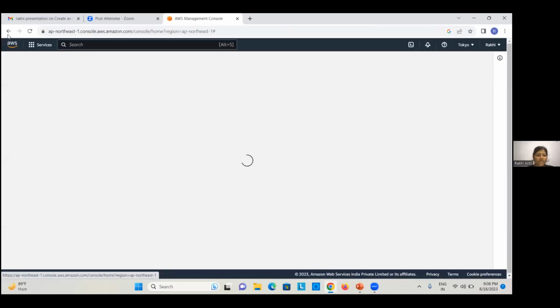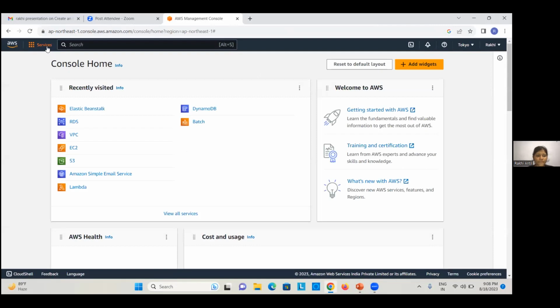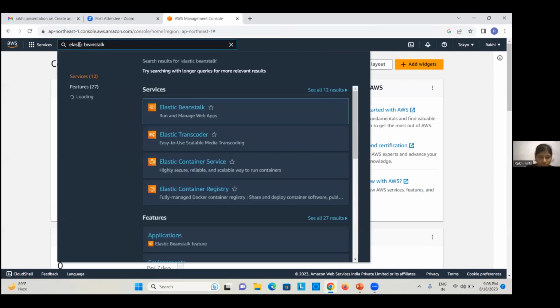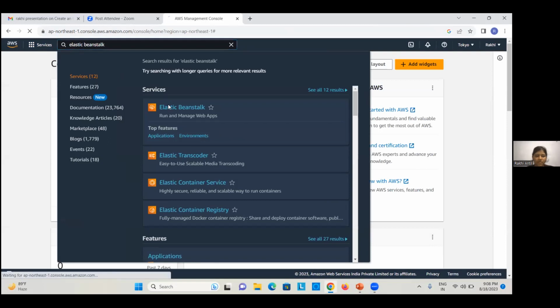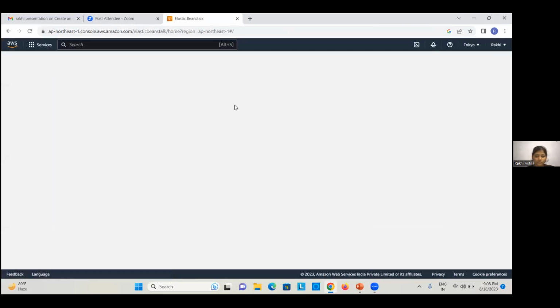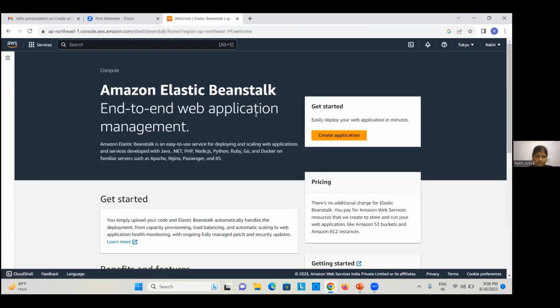Go to services, then search for Elastic Beanstalk. Then go to Elastic Beanstalk. So this is the dashboard of Elastic Beanstalk.